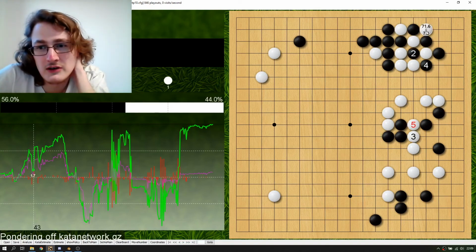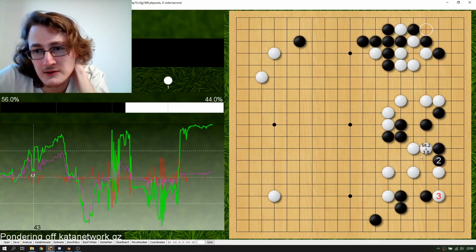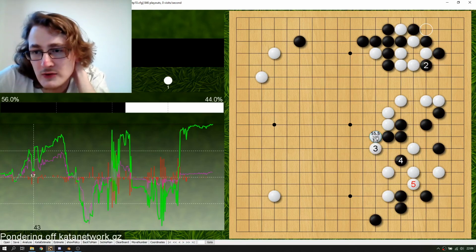But white shouldn't start the Ko immediately. White should continue playing in the center, and then I basically have to, if I continue trying to save this group while leaving this Aji, white will have an even bigger Ko threat later on. So I think the reasoning here is that when white plays this move, black is forced to end the Ko in the upper right, and then